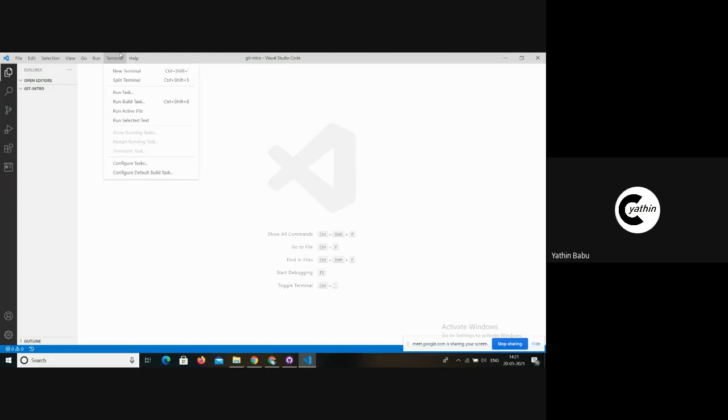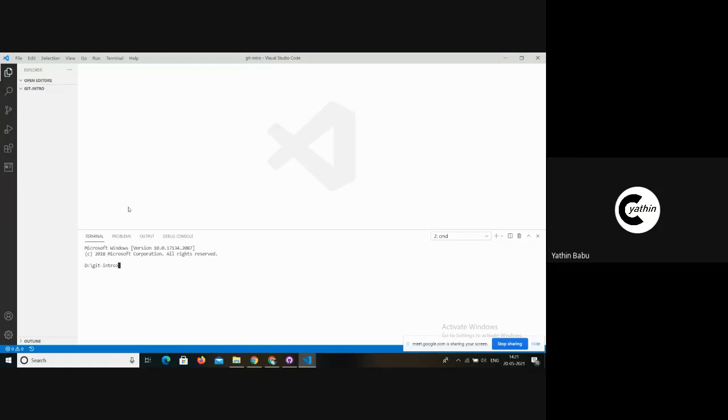For the purpose of learning, I will first introduce you through the command line interface. I think you might already be familiar with the command prompt in Windows and the terminal in Linux and iOS.